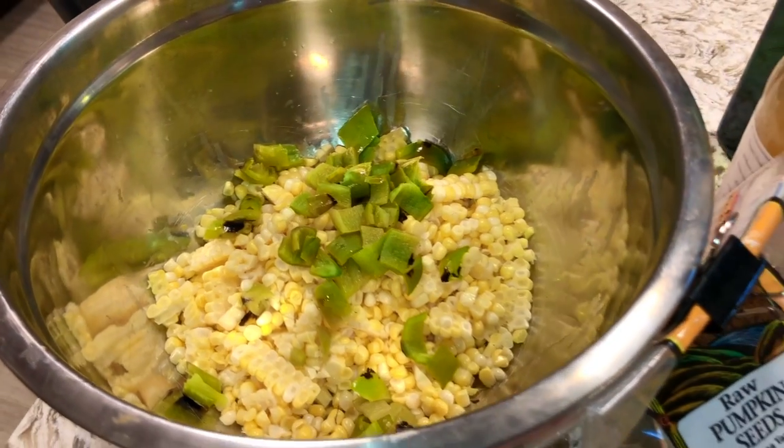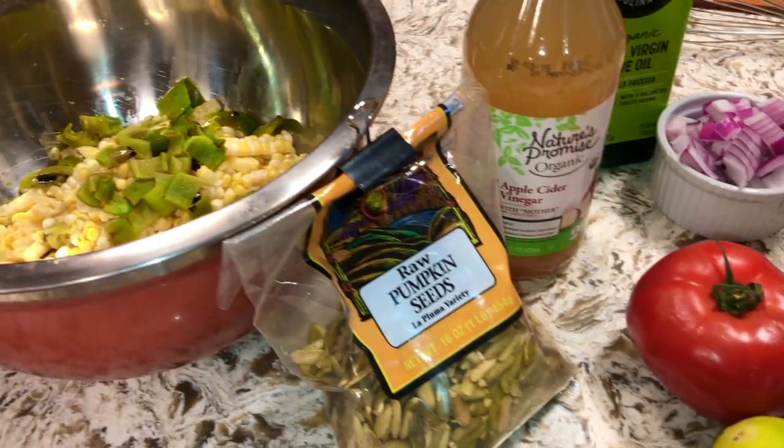The summer salad series in our Food Friday. So today we'll be making a corn and avocado salad, and this is just a really refreshing salad for the